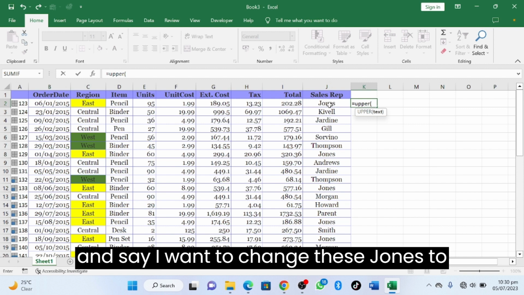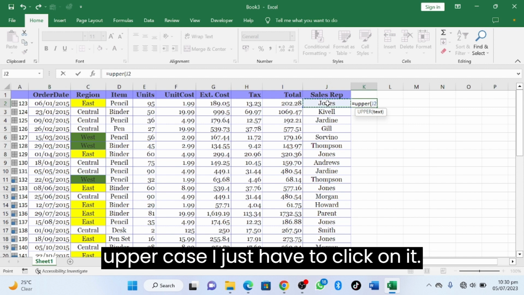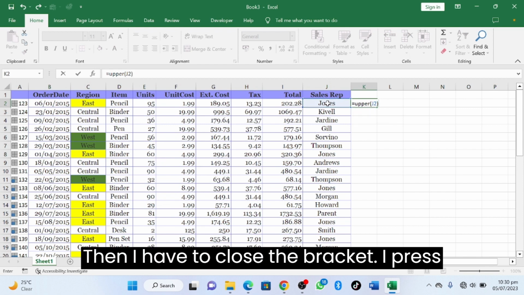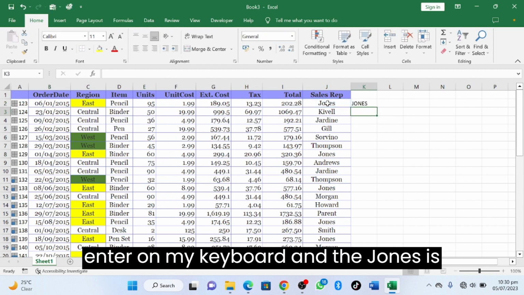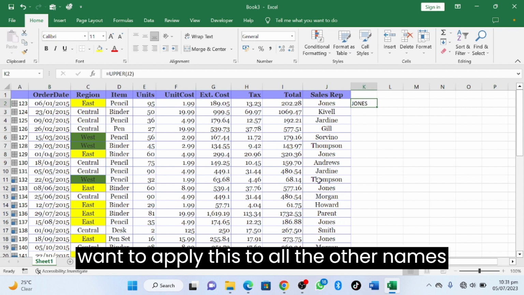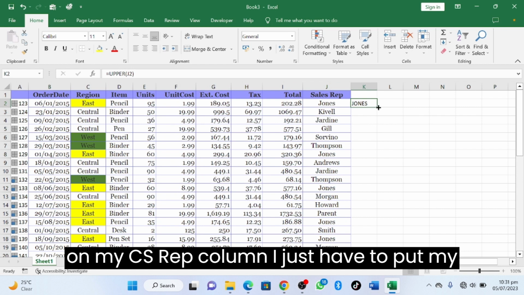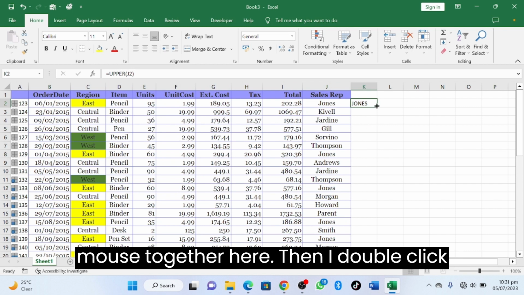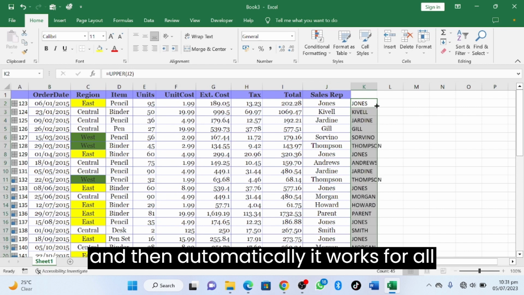Say I want to change these Jones to uppercase, I just have to click on it, then I have to close the bracket. I press enter on my keyboard and the Jones is changed to uppercase letters. So if I want to apply this to all the other names on my sales rep column, I just have to put my mouse cursor here, then I double click and then automatically it works for all the other names